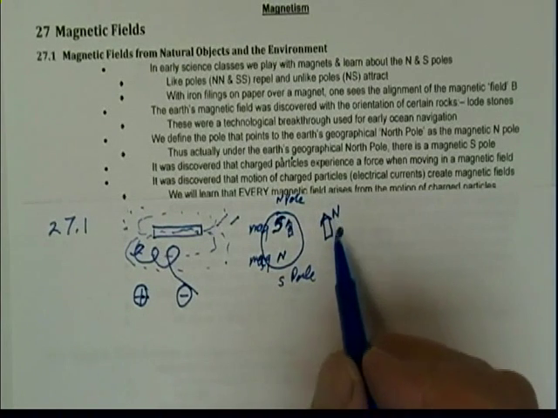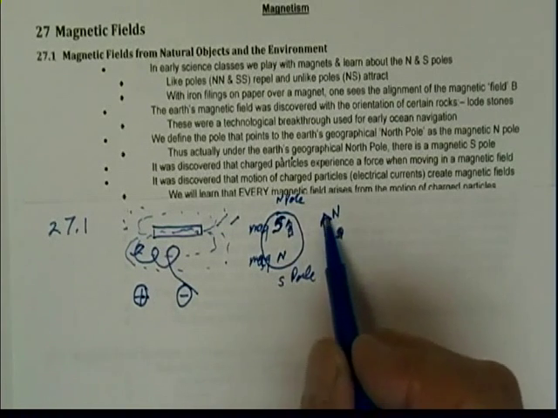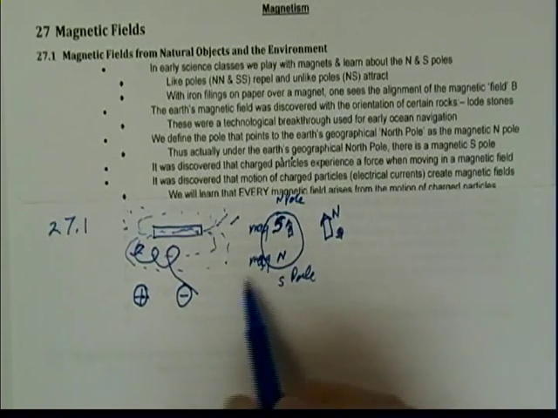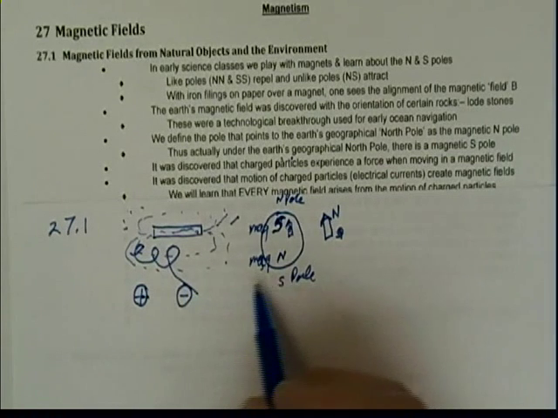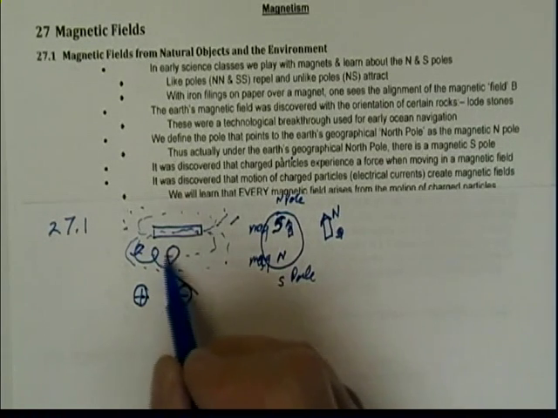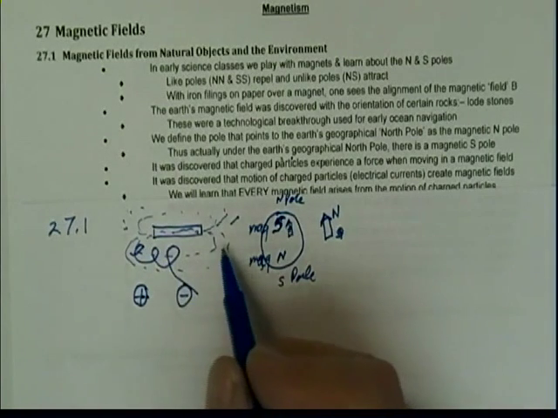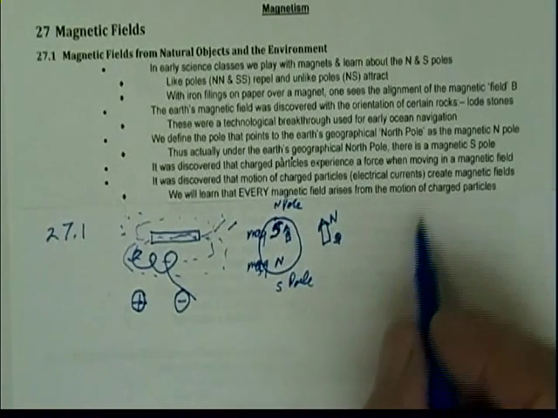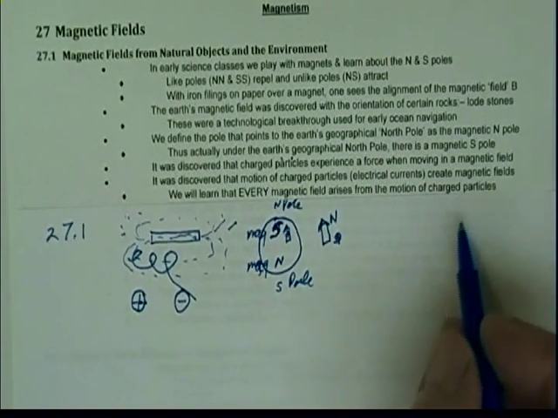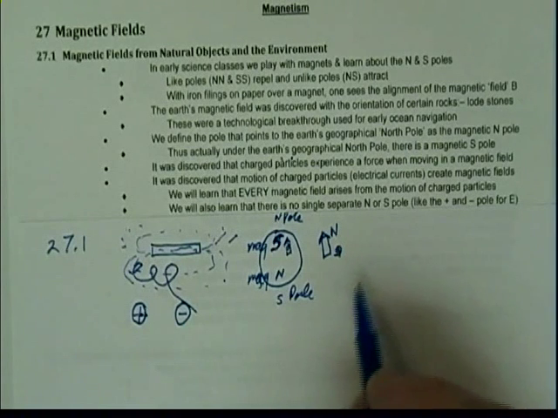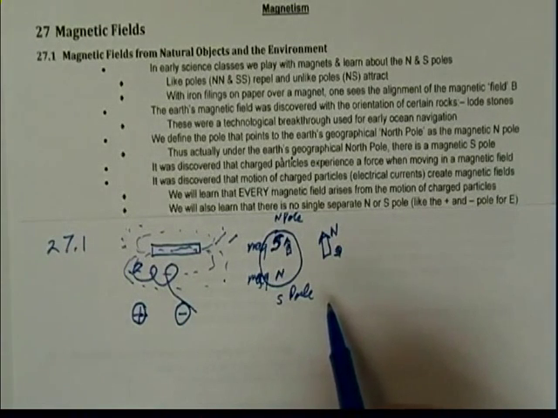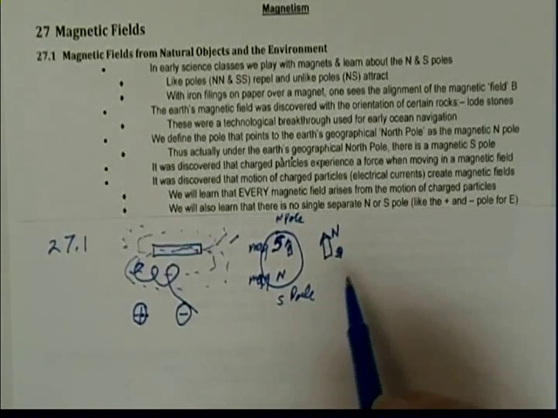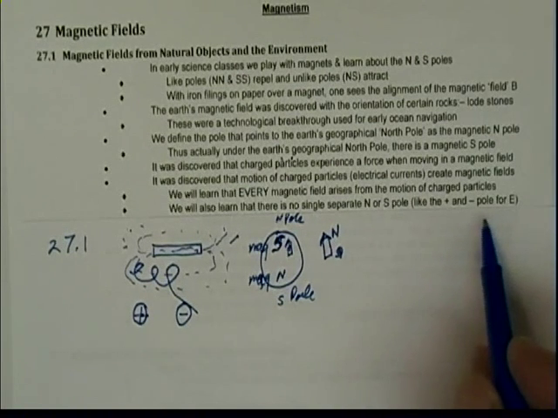There, you cannot have a single North Pole or a single South Pole. In fact, all of magnetism is created by the motion of electrical currents. So just like electrons or protons or other charged particles are altered by the magnetic field, they also create the magnetic field. So all magnetic fields are created from the motion of charged particles. We'll also have formulas that tell us exactly how that occurs. And therefore, there's no single separate North or South Pole,